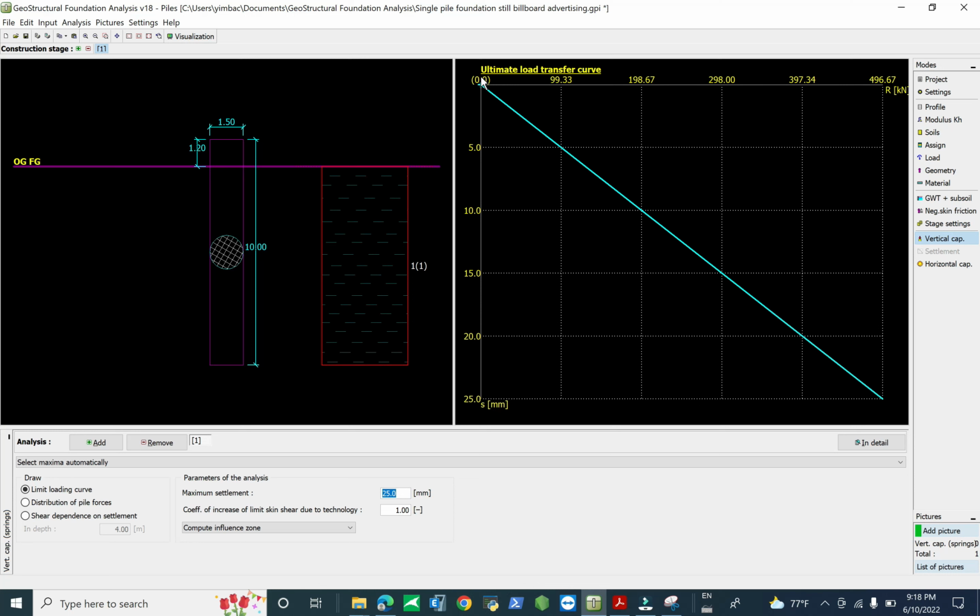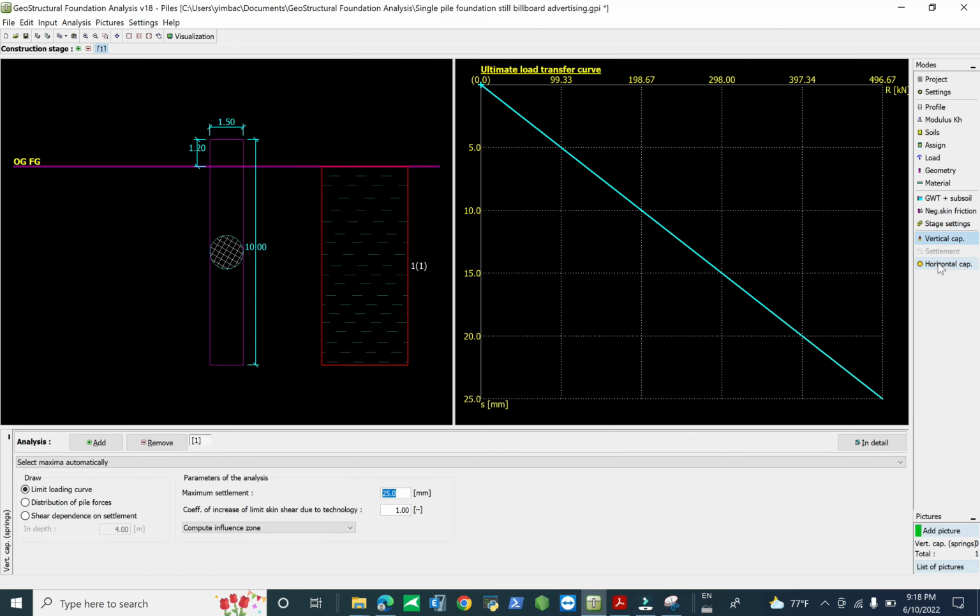Okay, you see the graph, ultimate load transfer curve, and in this graph the axis is for the settlement 5, 10, 15, 20 and 25 millimeter, and plot the load according to the graph. You can determine the load at 25 millimeter, and the load is 496.67 kilonewton. Okay,